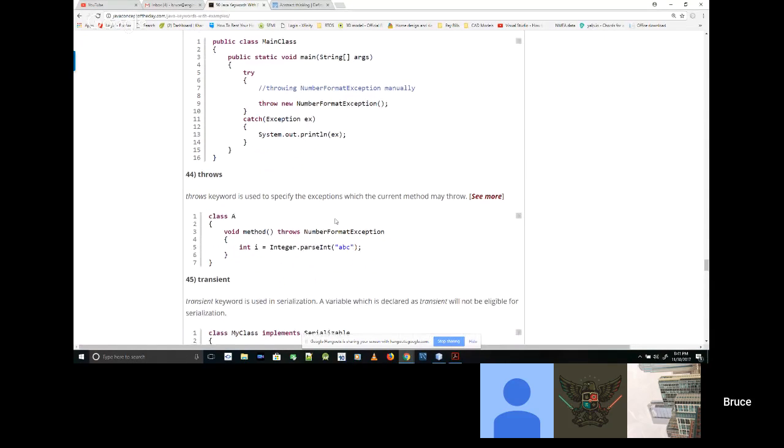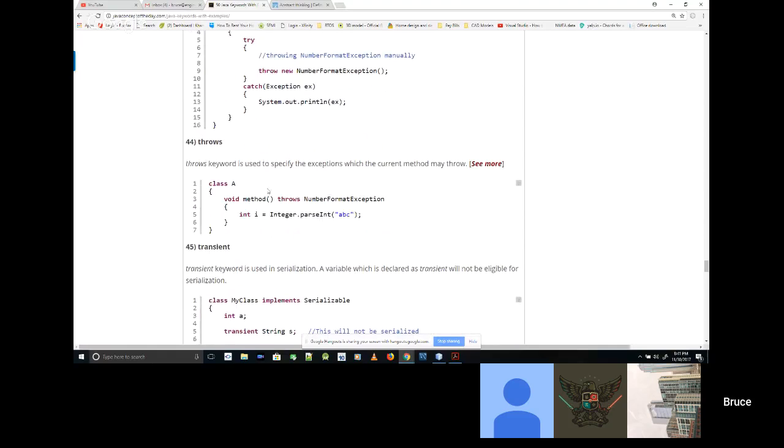Then we have throws, that's with an S. And what you're saying here is to specify the exceptions that the current method may throw. And I'm not even sure of the usage of this, because it seems redundant.